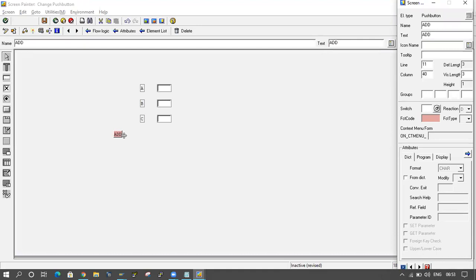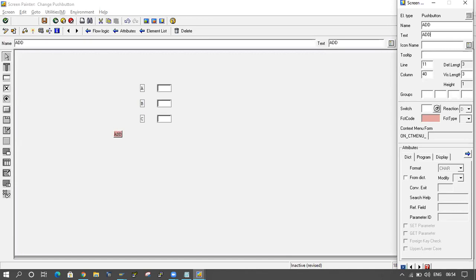So how will it work in our reports? I have given a download button, right? So if I click on the download button, I want to know the technical name. The system variable SY-UCOMM will be there. Okay, the technical name will be captured in SY-UCOMM, right? So here also add is one button.